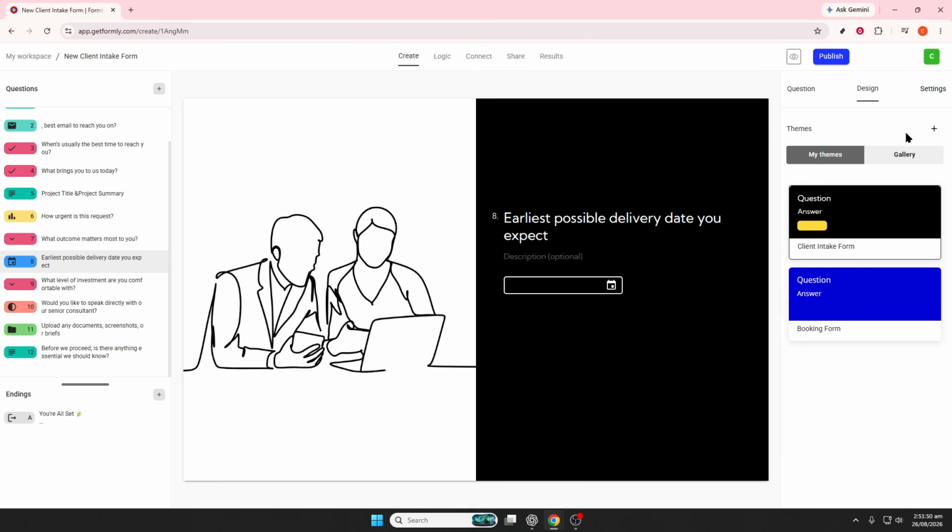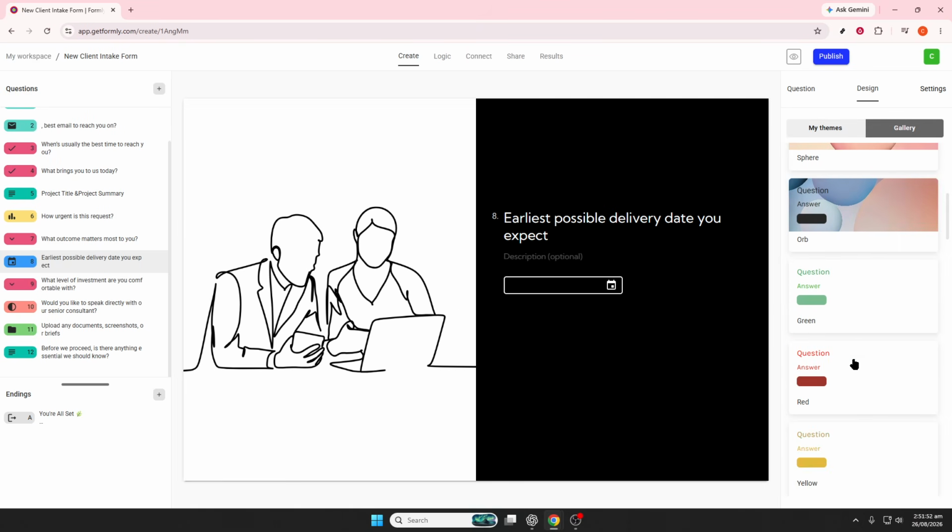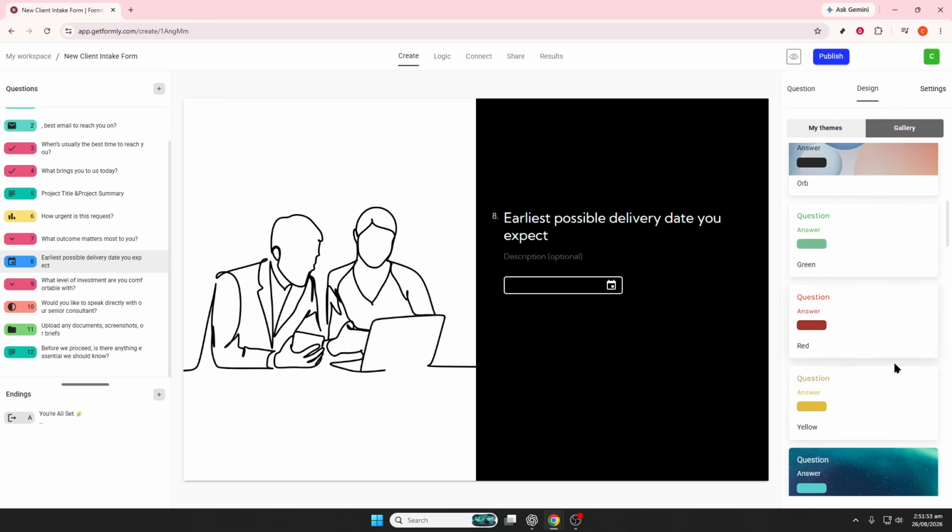And that's it. You now know how to sign up for GetFormly, verify your account if needed, log in, access the dashboard, and begin using the